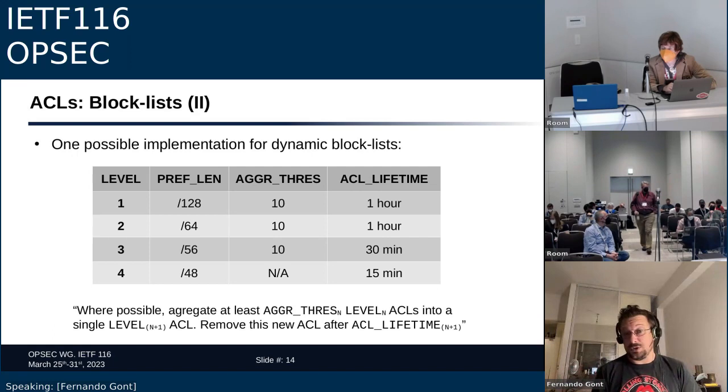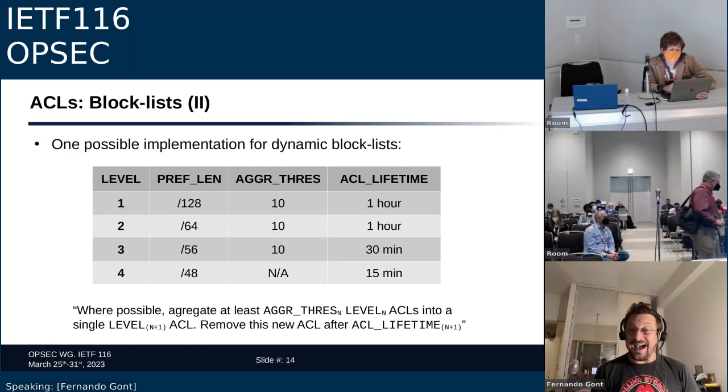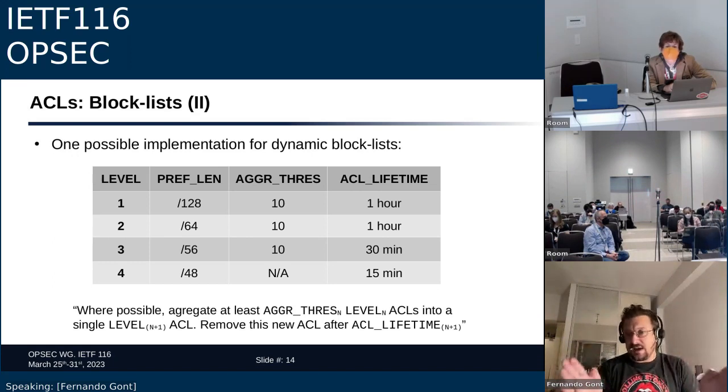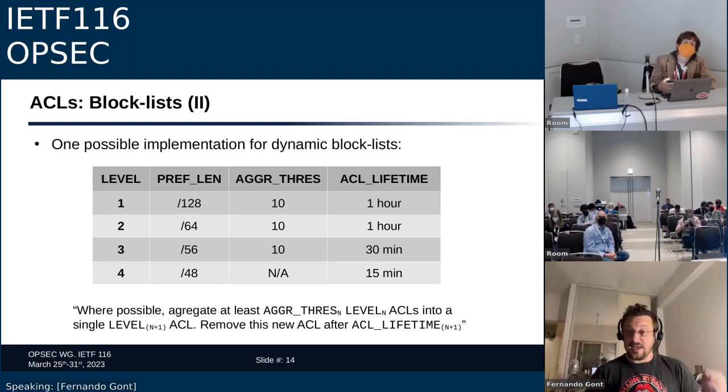The basic idea is that whenever any of these tools give you an offending address, you configure an ACL as a /128, and you keep this ACL for, let's say, an hour. This is common for many of the tools that we have discussed. Now, if eventually you are able to aggregate, say in this case, 10 different /128s into the same /64, then obviously you aggregate those addresses, you remove the individual /128s, and replace them with a single